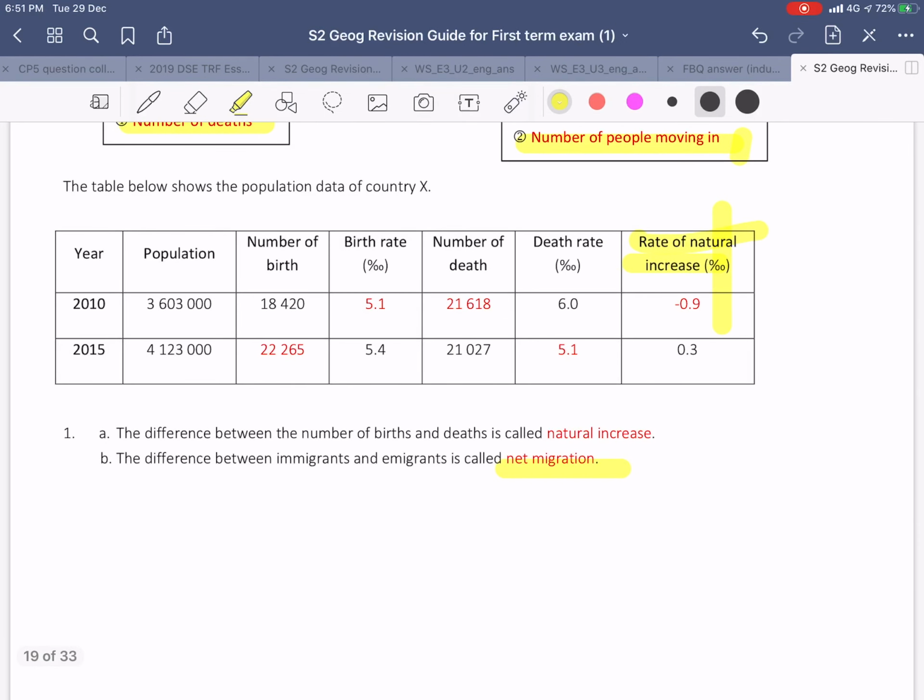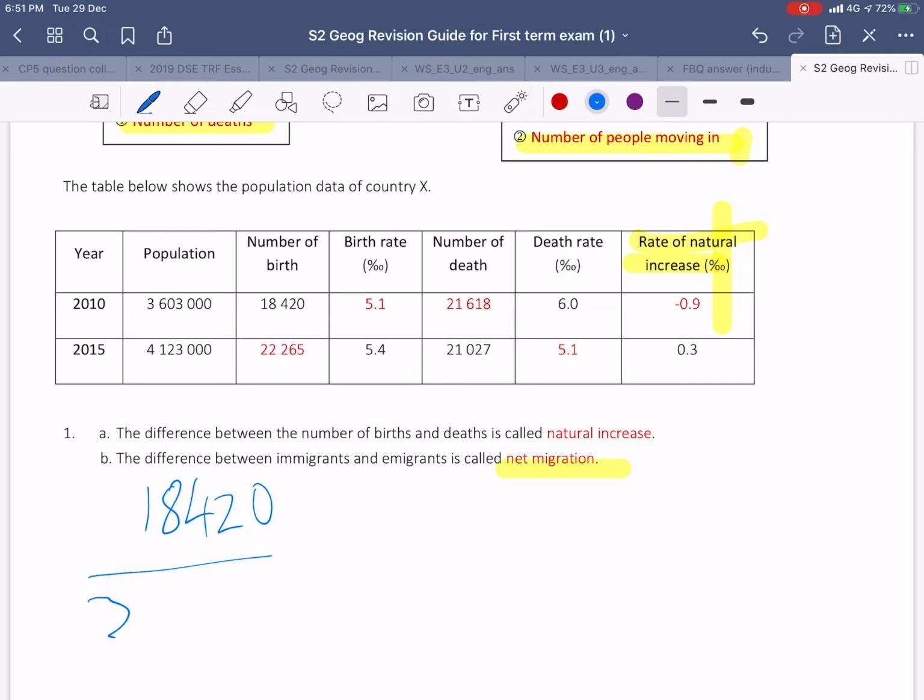Okay, I think I've showed you in my lesson, and I'm just going to show you by one of them only. So how to calculate the birth rate, which is quite simple, which is talking about the number of birth. Okay, birth rate is the number of birth, which is like this,